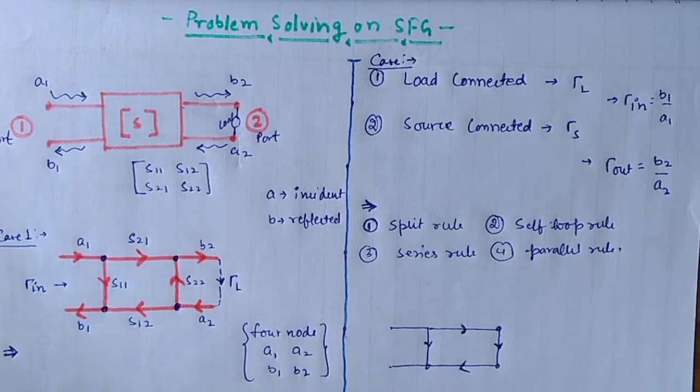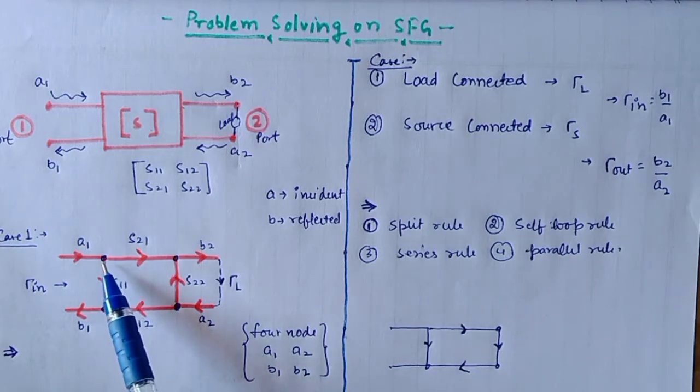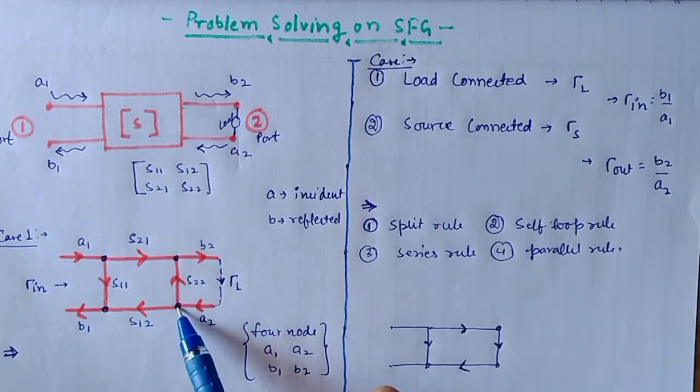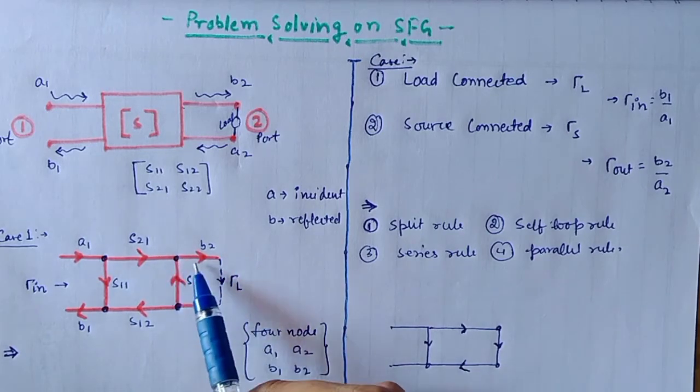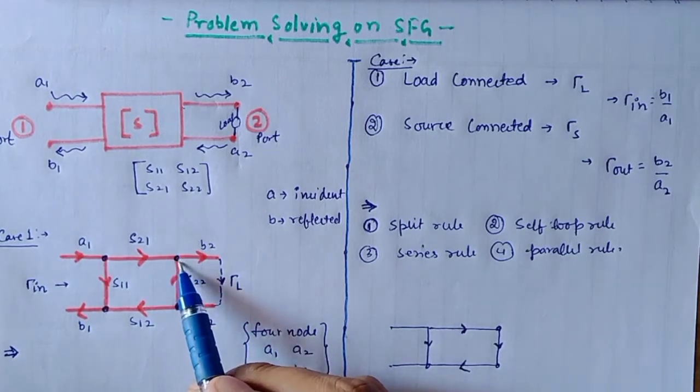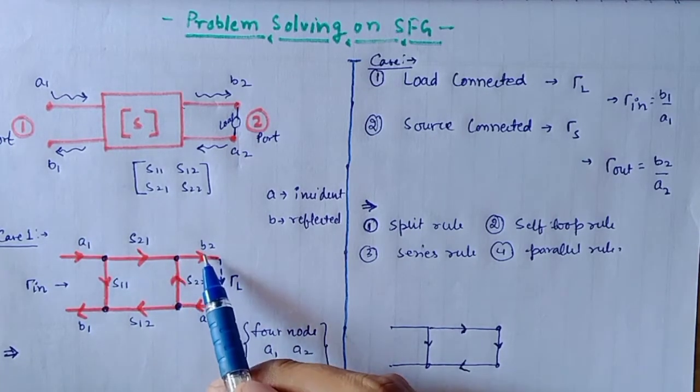As I told, I have here four nodes A1, A2, B1 and B2. We have to find a relation between B1 and A1. So these two nodes are separated. Now we have only these two nodes B2 and A2. As we can see clearly, this forms a loop, but to form a self loop, we have to eliminate these nodes. Any one node, if I split it out, I will get a self loop.